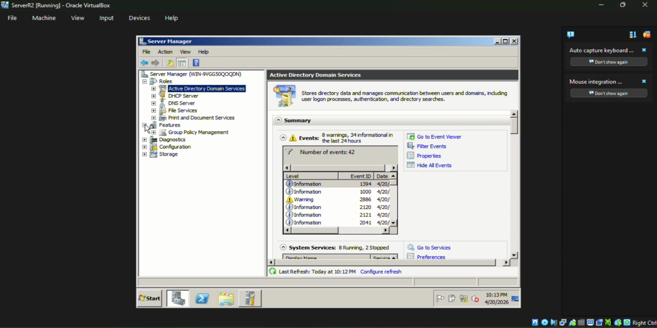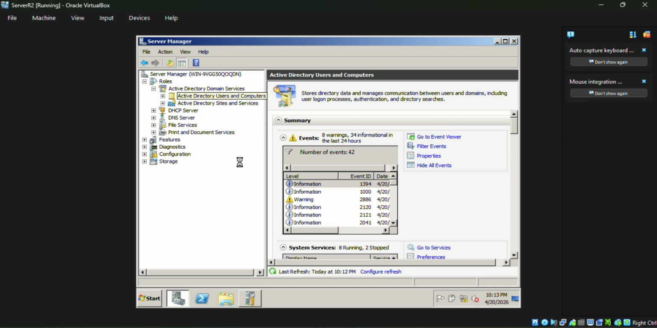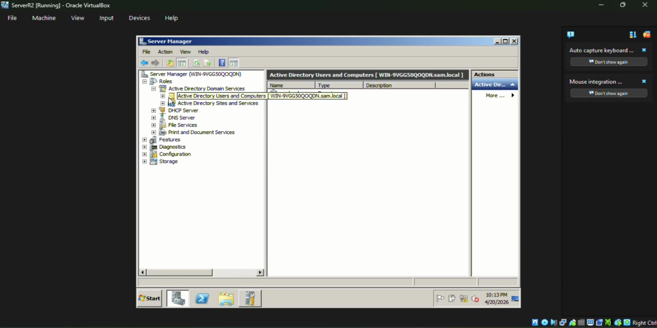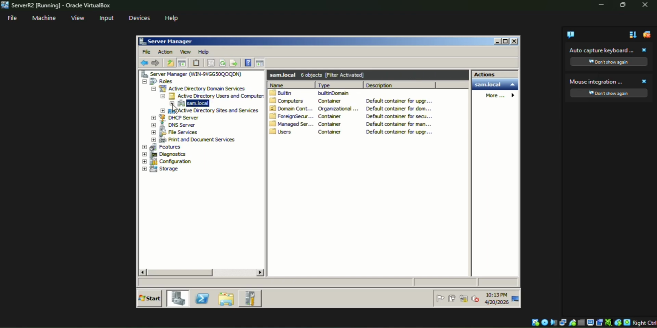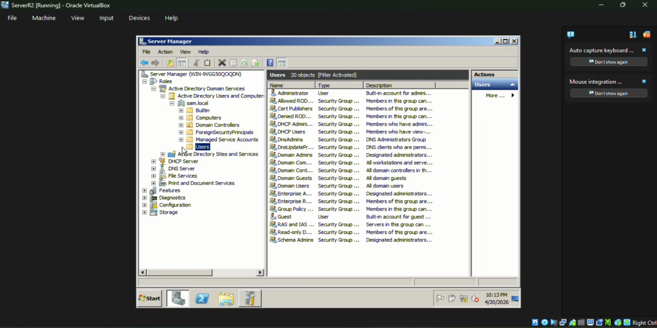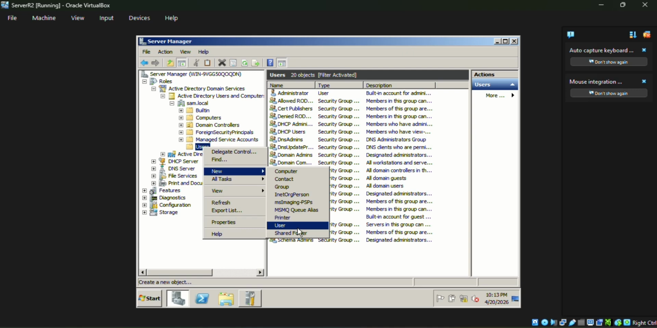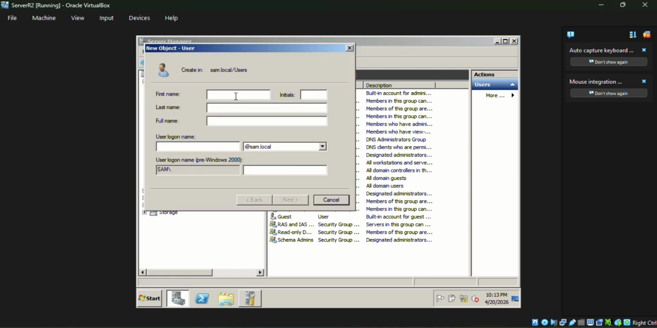All right, so we'll try to add some users now. Click this, click Active Directory Domain Services, drop this down, and search for Sam local, and click users. Now right click the users folder and click new and new user, and add the user here, specifically their